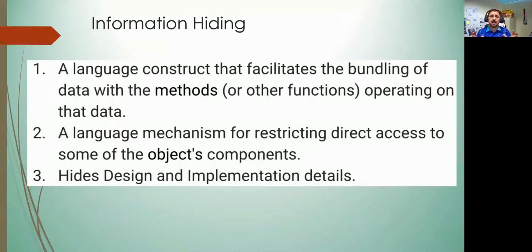There will be some special methods, functions, which will access the data and update the data. For example, in the case of an ATM machine, we are just dealing with the interface. We don't know what is going on in the background, so the background details are hidden. This is called information hiding or abstraction, and this is needed for security. We will discuss all these concepts in detail when we go to the actual implementation.